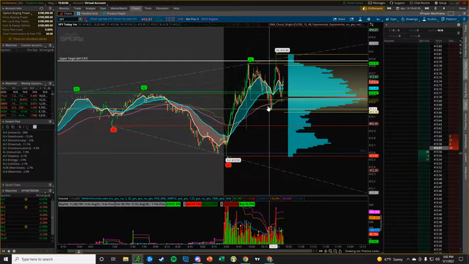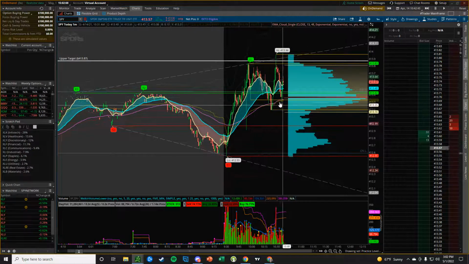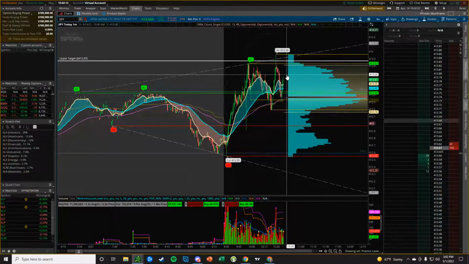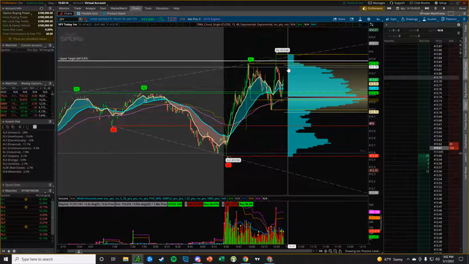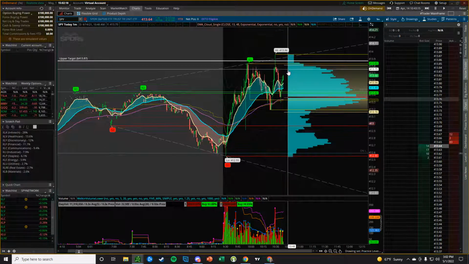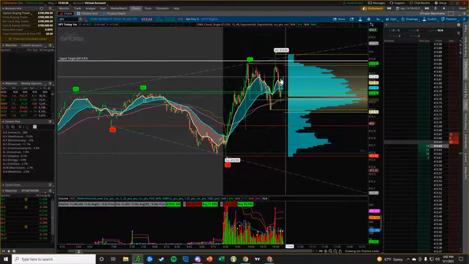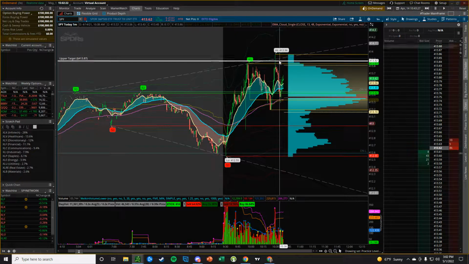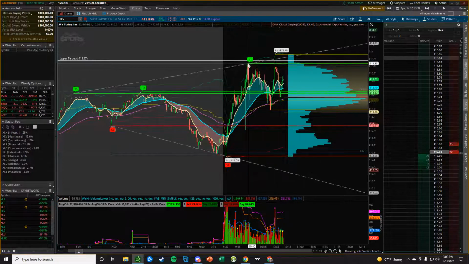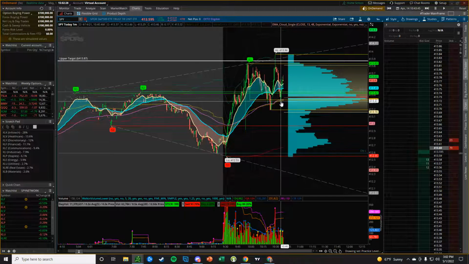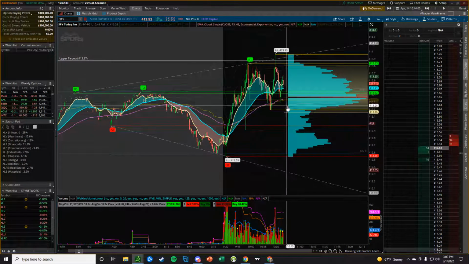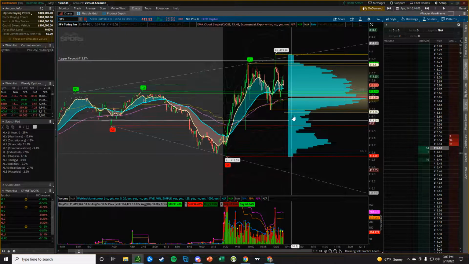But I don't know, just kind of seeing this now where our support's gotten hit a couple times and it looks like we're struggling to get back up. This is having me lean a little bit more bearish as things are kind of developing. So we'll wait for this next peak. If this next peak isn't able to at least breach the threshold of our R1, similar to the way that our support just breached, we may be looking at an actual break and rotation down to test some of those